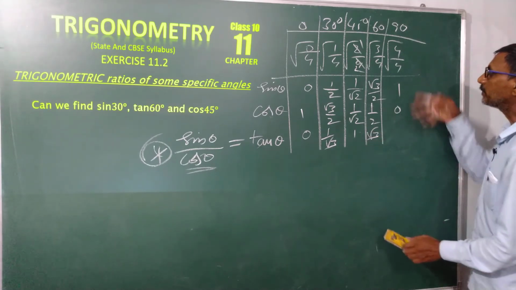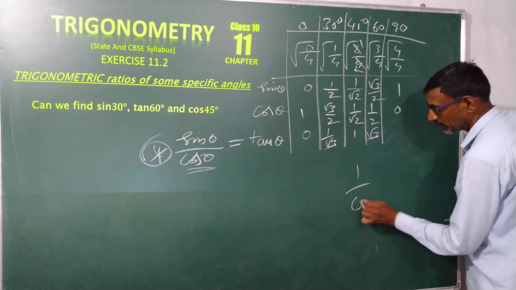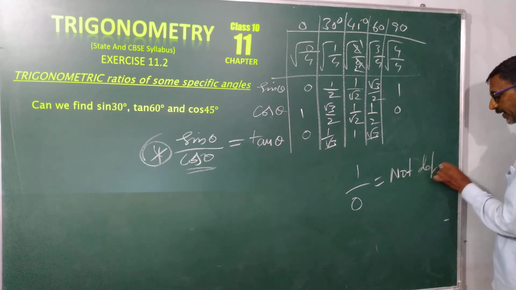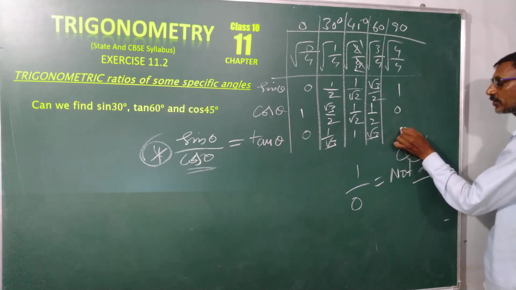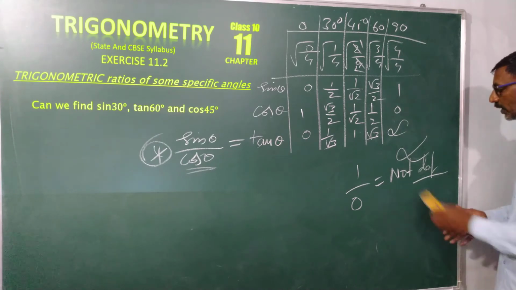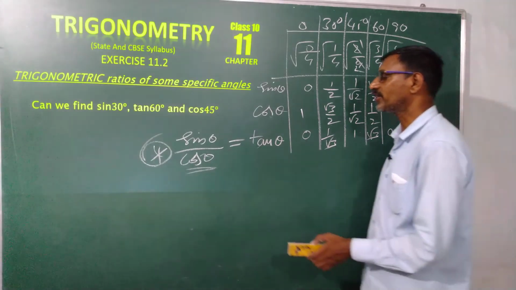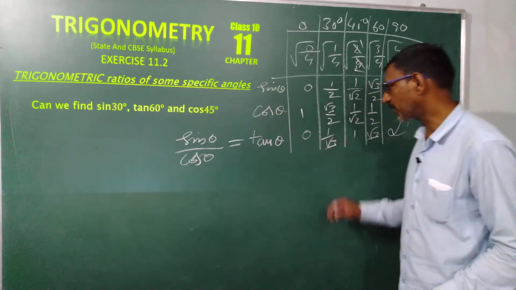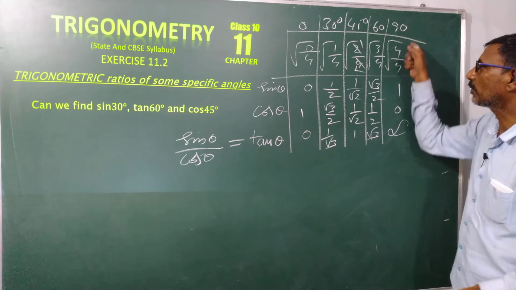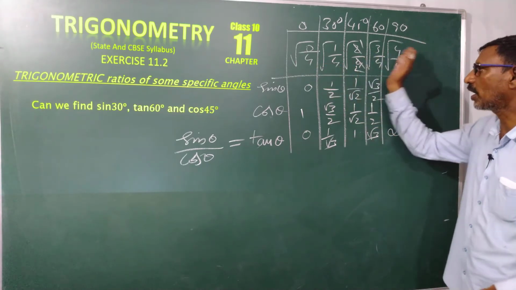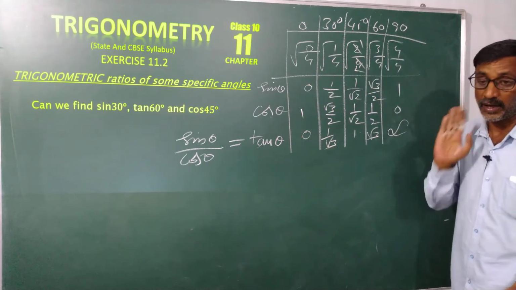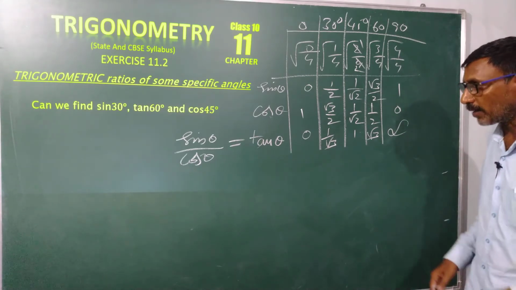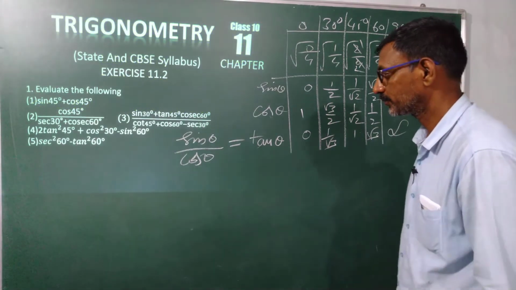And then something by 0 is not defined, keep in mind, not defined. This is also denoted with the infinite symbol. Okay. Now I have every value. By the help of some logic, we wrote all these things using a small logic. This is not really correct. Yesterday I proved every value. Therefore, now we are coming to some problems on it.